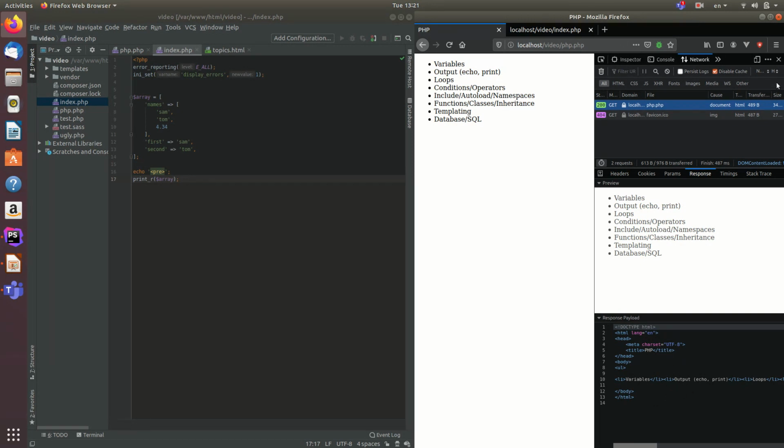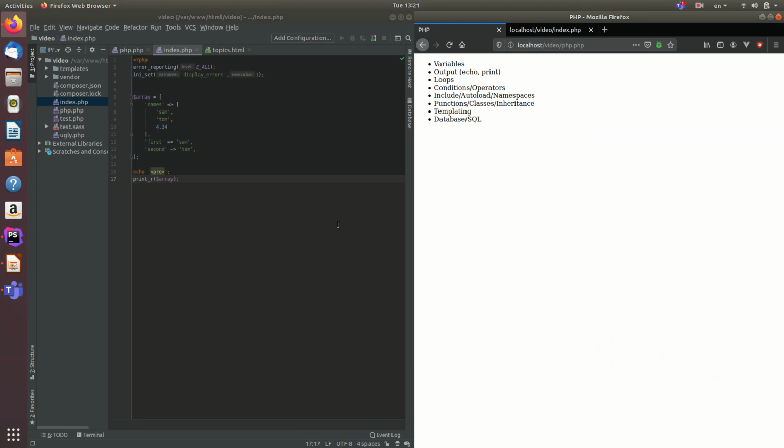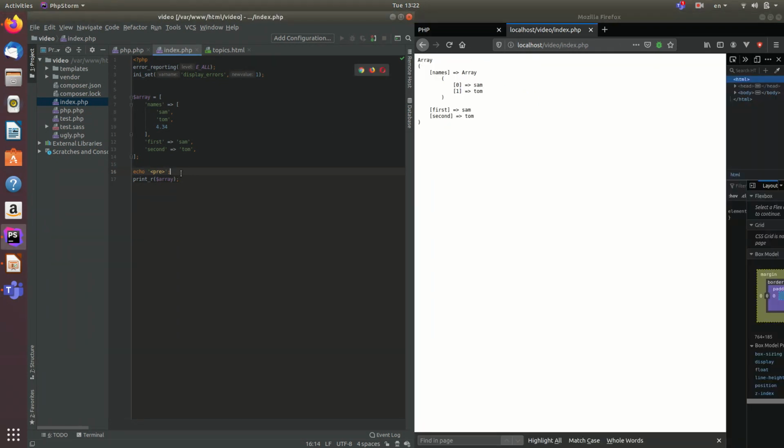So that is basically what the echo does. It's going to write to that response. And that is, again, something we will only want to do at the very end. However, what we're now going to do is construct something before we output it in the first place. So let's jump back here and say, okay,